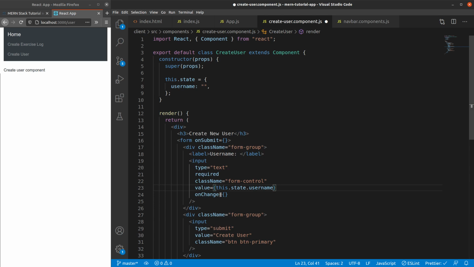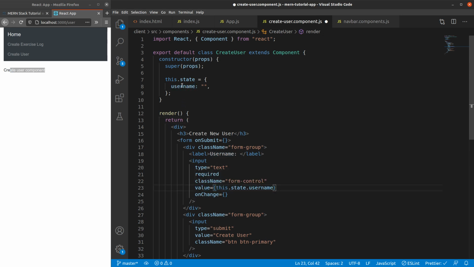Now let's create two methods, one for submit and one for onChange. So onChange is basically responsible for binding the value to the username. This is basically a read operation where the value is getting assigned by username. But how does the user input get transferred to username? Like, what is the write operation, from form to here? I hope I'm making it clear.